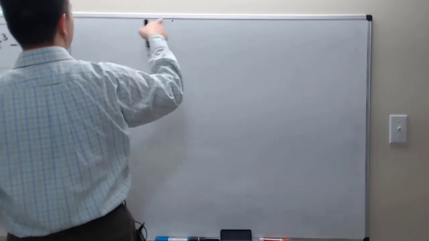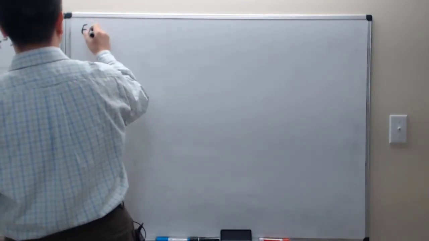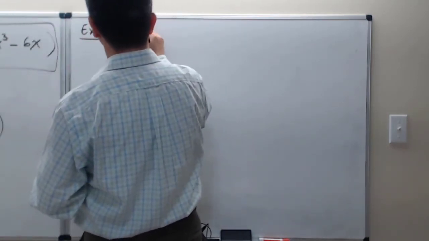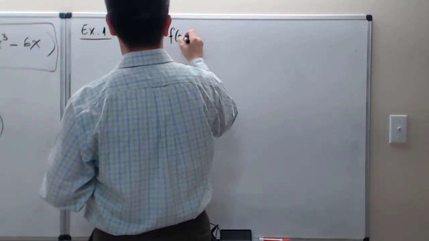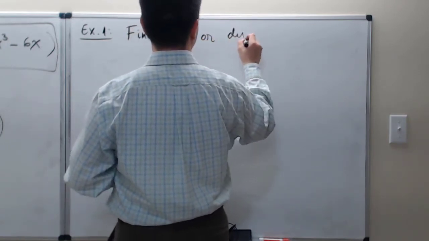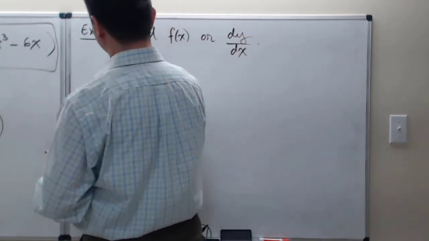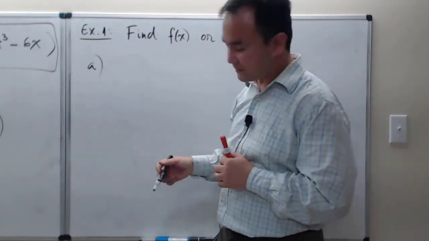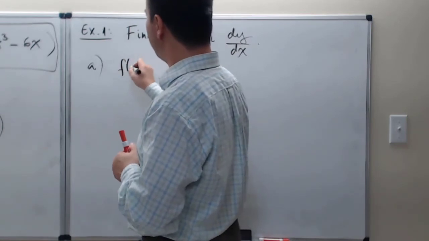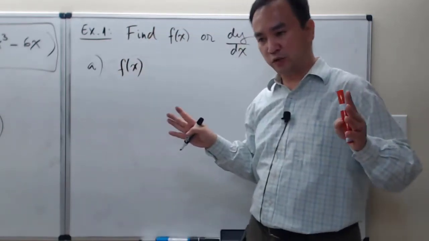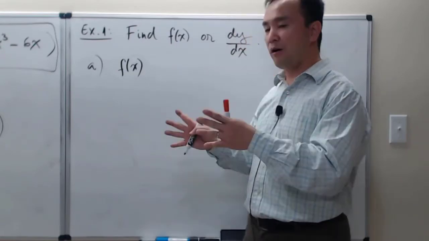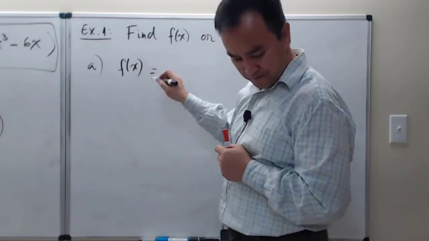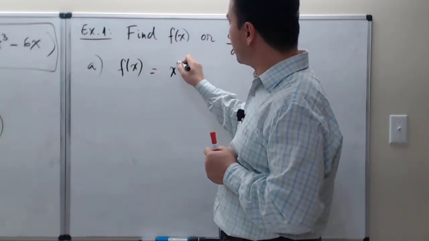So now we are at our example 1. Okay, and so let's find f prime of x or dy dx. Okay, problem A right here. So for our function, this time let's strictly stay because we are studying about the product rule. So let's get fluent with applying the product rule. So f of x equals x squared times